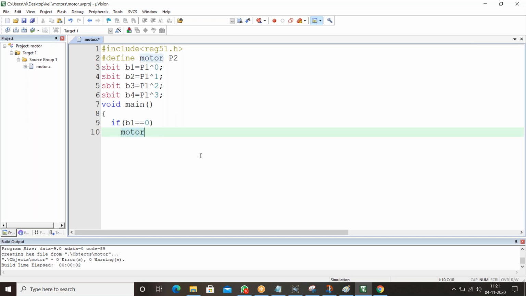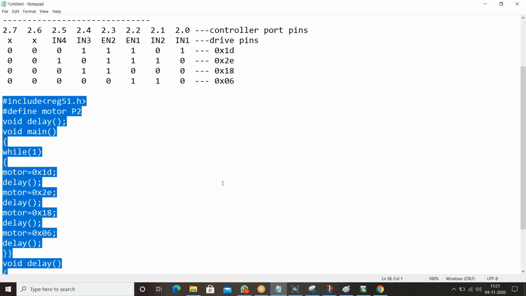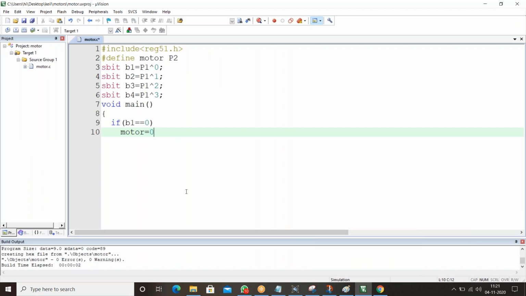Motor is equal to, what is my hexadecimal value? So 0x1d, this should be implemented. 0x1d. Guys, are you getting my point? Do you understand? If not, ask.